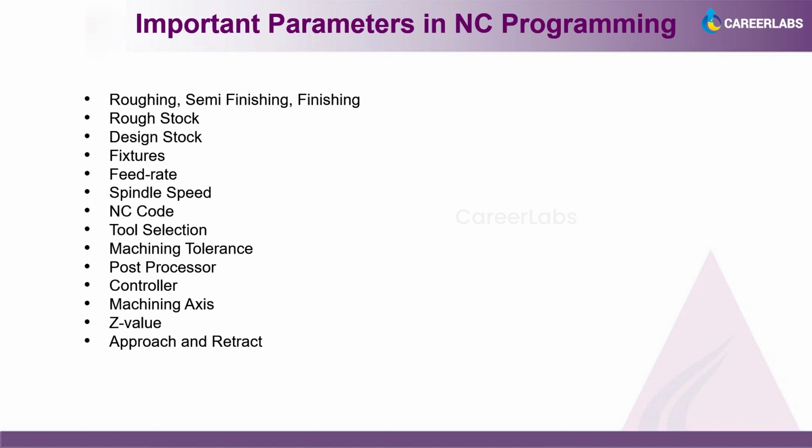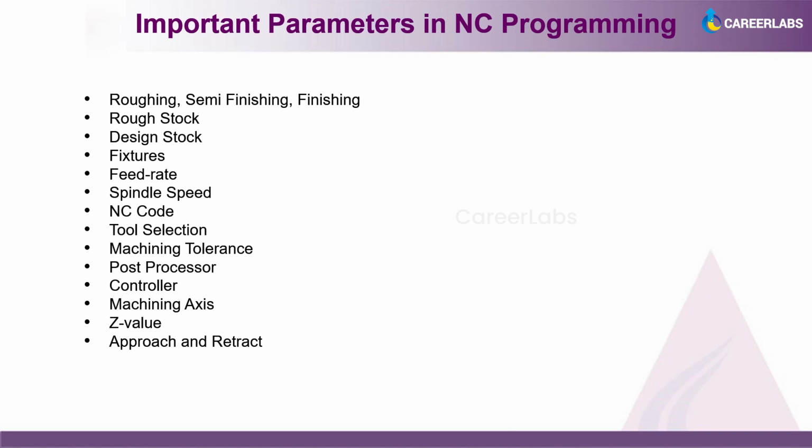which will cut soft materials, which will cut hard materials, which will do roughing operations with a little harder tool capacity, and semi finishing might be a little smoother or softer. Finishing tools are further softer and very thin with smaller diameters. So that is where different strategies come into the picture, and feed rate and spindle speed also carry over accordingly. And NC code is a numerical control code; once we give the different operations, the computer will try to give us automated code which will be imported to the real machines.